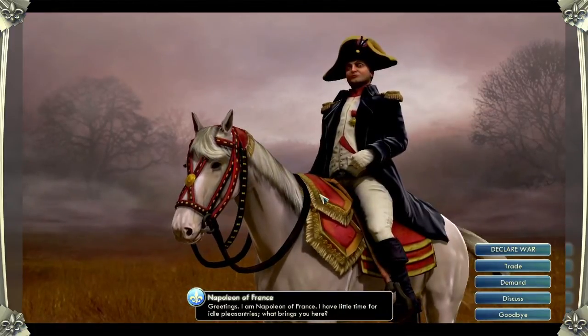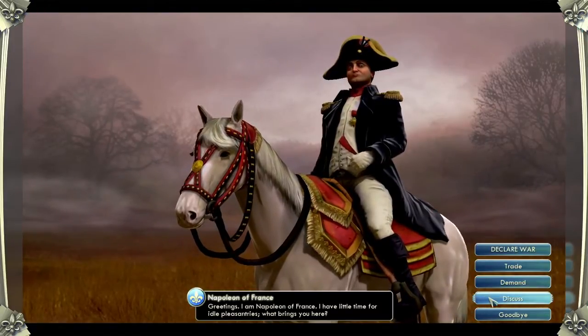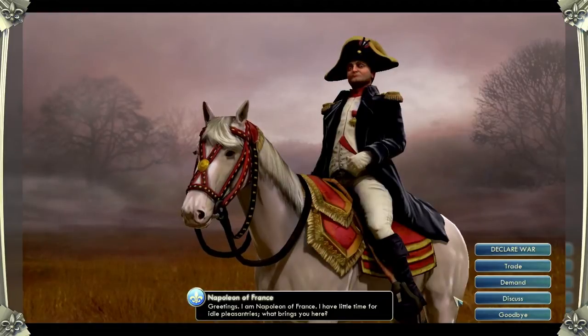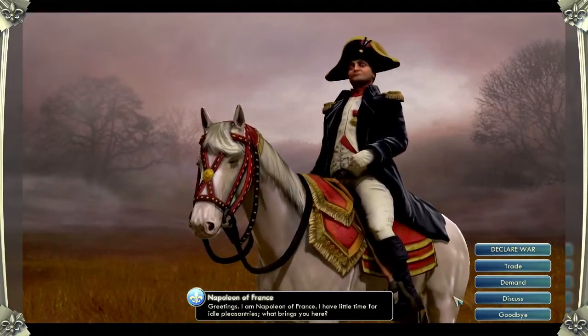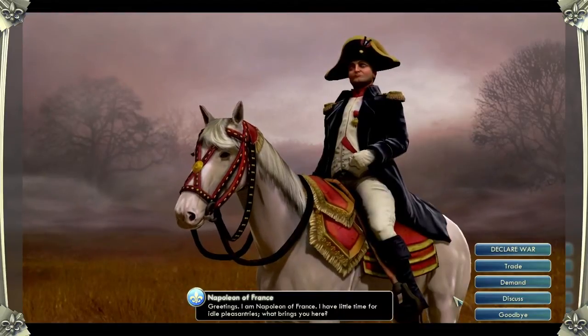The scene that you're meeting this character in also tells you something about their personality. Here we're meeting Napoleon on the battlefield, but you might also meet Washington in his study or Gandhi by the side of the ocean. The leaders don't just look cool in these diplomatic scenes. We've made changes to the